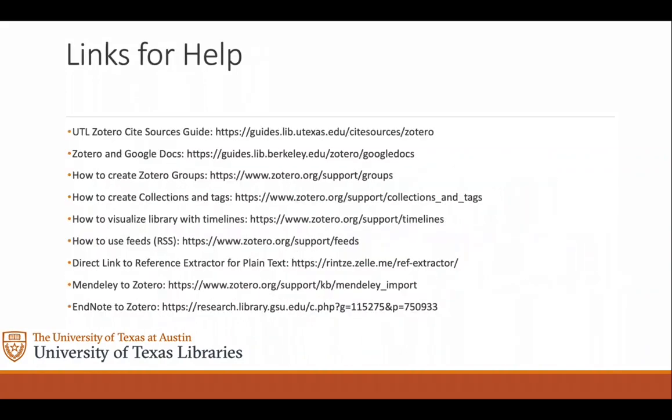So here are a bunch of links that you may find helpful. Of course, Zotero is pretty easy to use and their documentation is also quite good. So I recommend you also take a look at